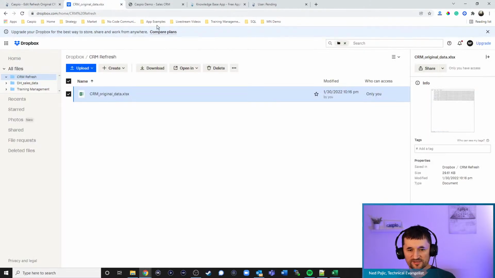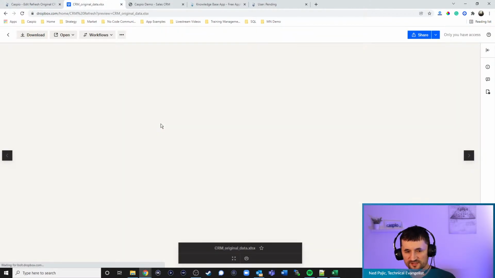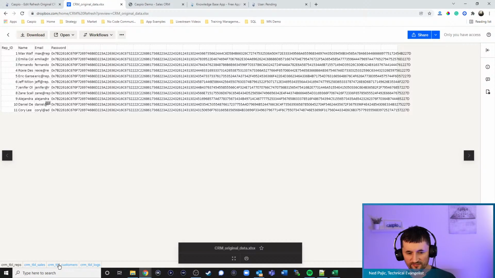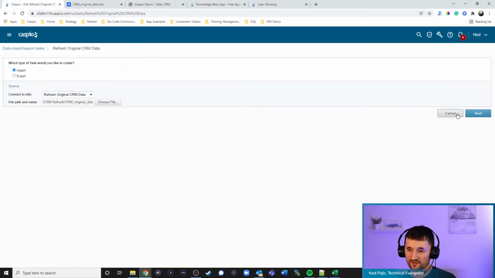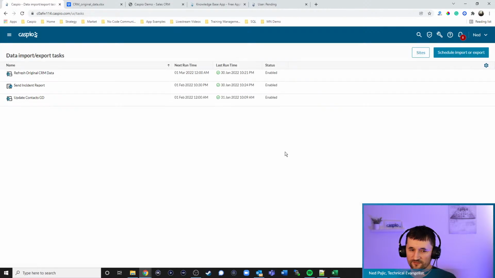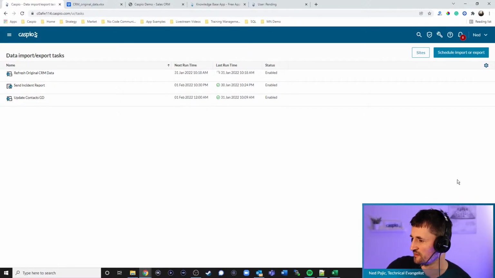Here in my Dropbox account, we should be able to see the original data. So in my customer account, I still have 10. I don't have, as you can see, Steve Smith. So if I run this task, let me come back here, cancel, and let me go ahead and run that. I don't know how long that's going to take,